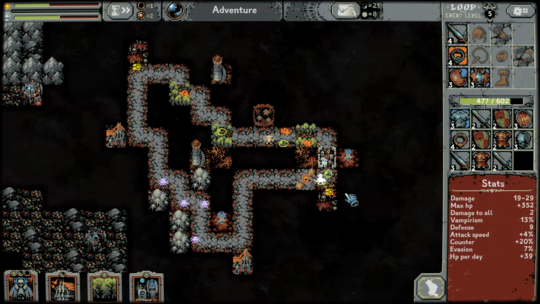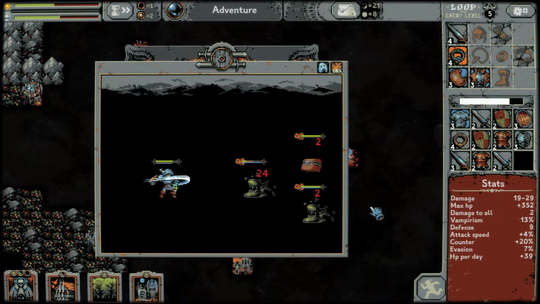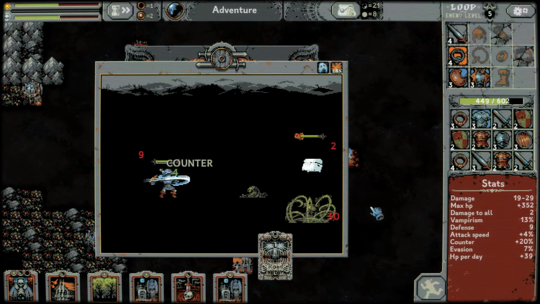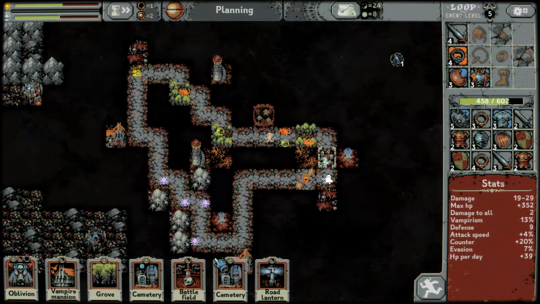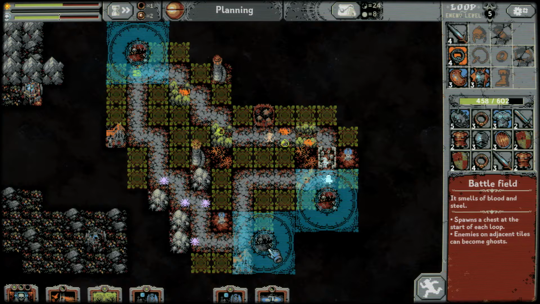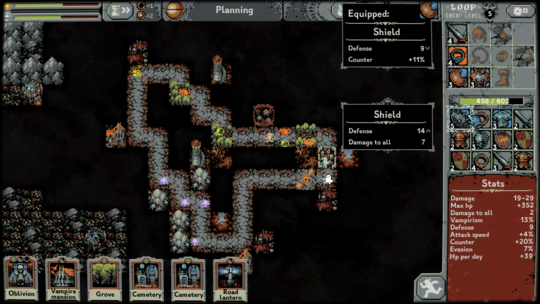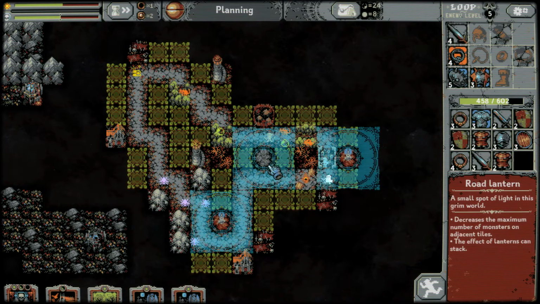And I will be fighting a chest here. Yeah, finally. Is this a mimic? No, it's not a mimic. So, we're good. Right, battlefield. What do I do with that battlefield card? I need to put it somewhere that it doesn't affect too much. Right, better armor and better damage to all. I think counter is good, but